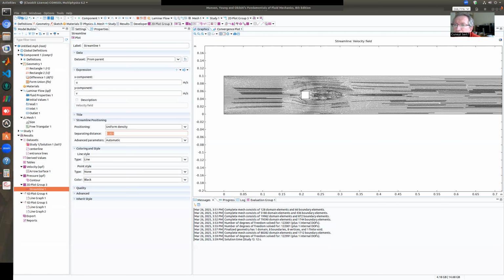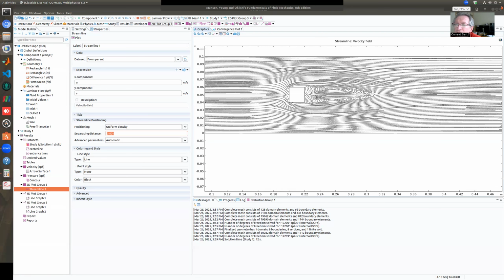But this is nice, right? So these are circulations, flow separation and such things. So we can calculate the drag force on this thing. How much force the fluid is exerting on this obstacle, right? We can calculate the pressure drag, we can calculate the viscous drag, and then we can just do different things.